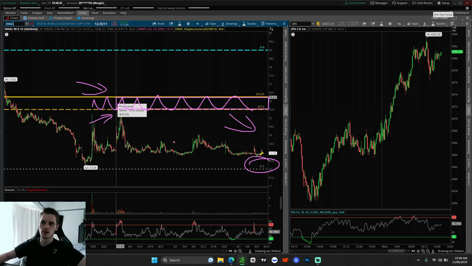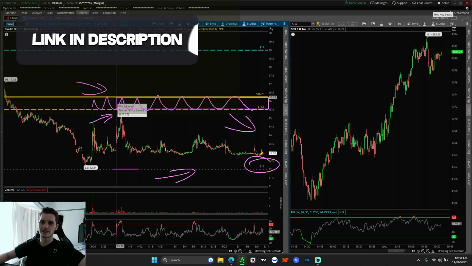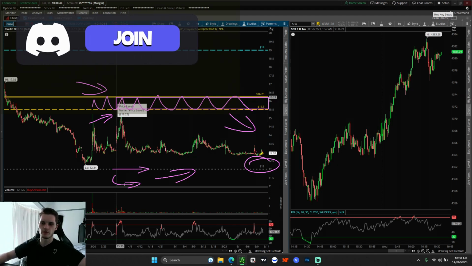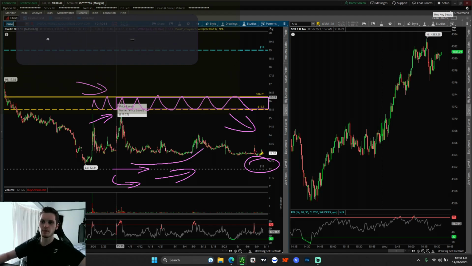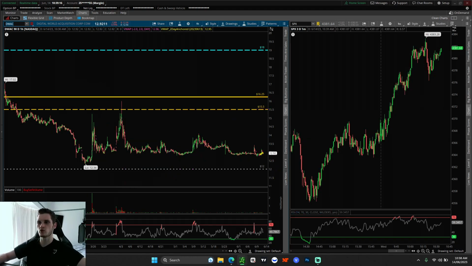Coming into this level, this is where I'd want to be short bias, and we would have an overall target of $12. What this basically means is this $12 is considered fair value. So if I'm looking at investing in this stock, then I want to be buying it at that level or below. From an investment standpoint, I never really want to be buying above that level, because you're paying a premium